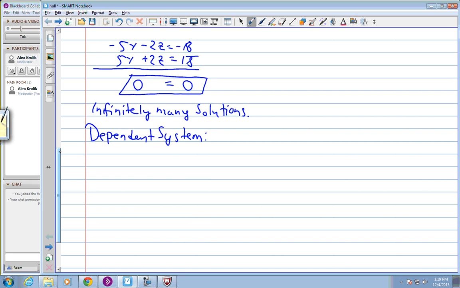Because I can pick any one of those 3 variables, x, y, and z, and express each solution in terms of x, y, and z. Let's say I try to express everything in terms of z, for example. We can do it in terms of any variable. So what I can do then is take any one of these equations, let's say 5y plus 2z equals 18, and I can solve